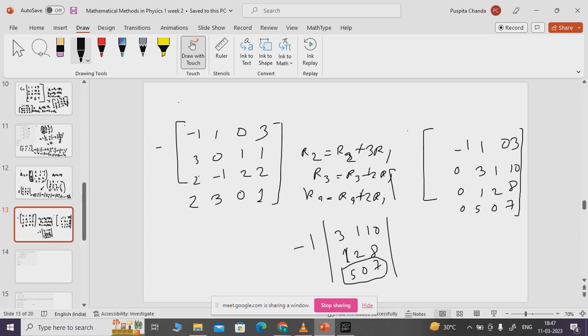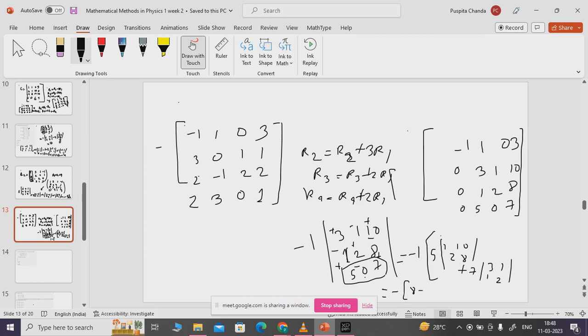Here you can expand about this row, that will be minus 1 and then 5. This is plus, minus, plus, minus, plus, minus, plus, minus, plus. So 5 into the determinant 1, 10, 2, 8, plus 7 into 3, 1, 1, 2,